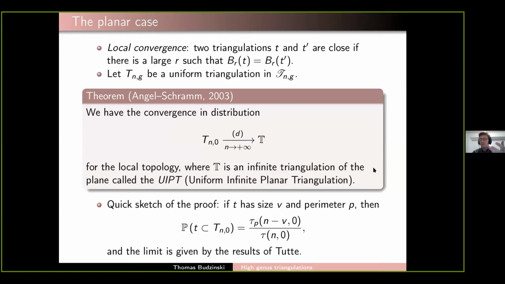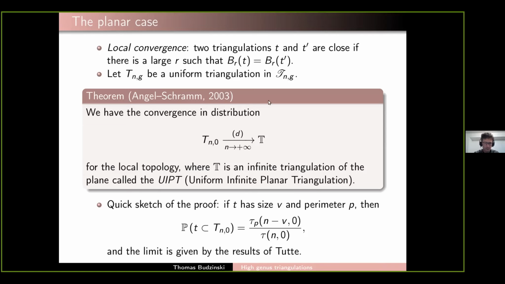It can be seen in some sense, so of course, it does not make immediate sense to talk about a uniform infinite triangulation of the plane because there are infinitely many such triangulations, but it's quite natural to try to approximate this using finite objects. And when the size goes to infinity, what we see gets close to this object, and I will show a picture of what it looks like in a few slides.